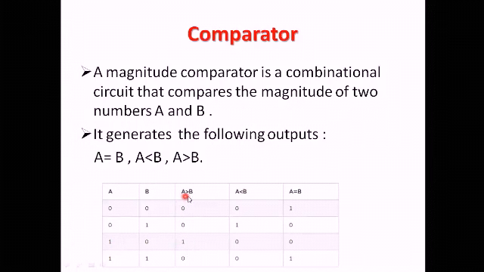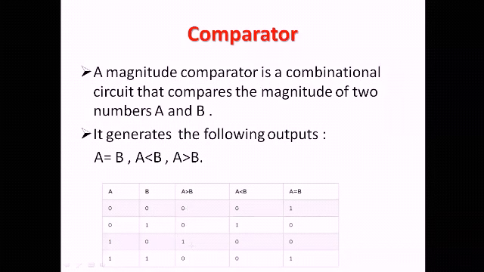That is, 1 is greater than 0 in this case. In the third case, A is less than B, so it will be equal to 0. And A is equal to B, it will be equal to 0. And the last case, that is 1 and 1, where A is 1 and B is 1. So A equal to B. So for A less than B and A greater than B, all of this will be equal to 0, 0. But here A equal to B will be equal to 1. So this is, just draw this one.